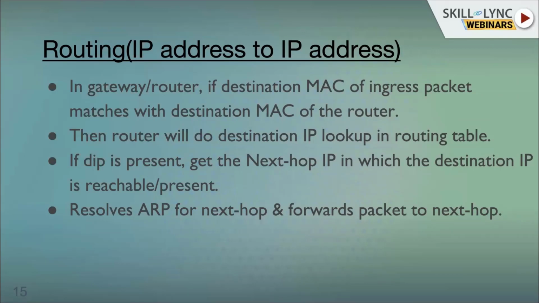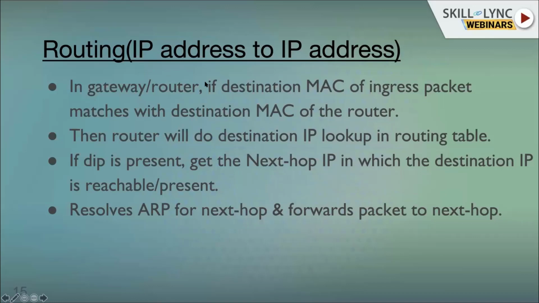But how to traverse network 1 to network 2, network 2 to network 3? There are separate routers or gateways in each network. So to send the packet, each router will consume an IP. We need to find out that next hop. What is the next routing device we need to send to? We need to get that IP, and once we get that IP, it needs to send to another router. That's why all the networks go via IP address to IP address.